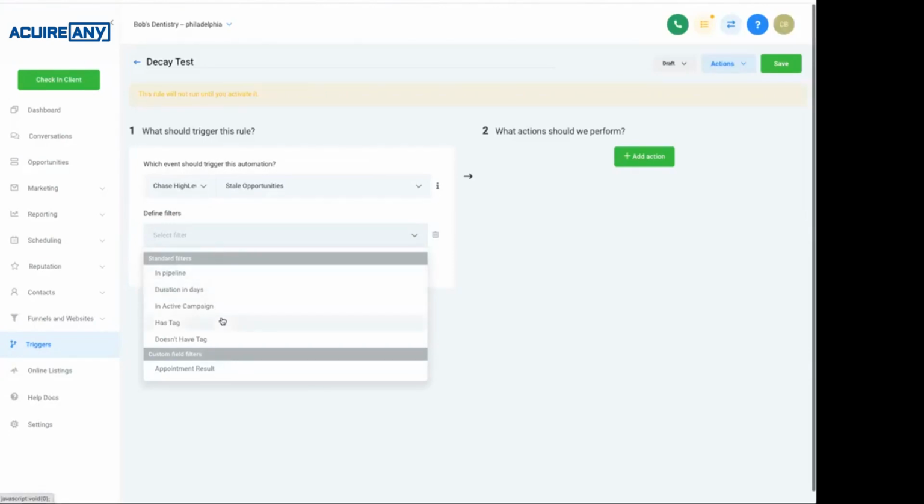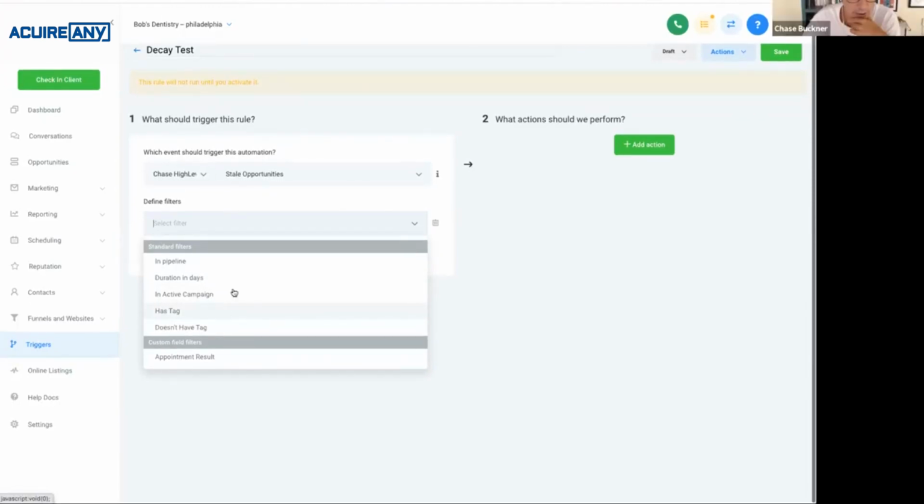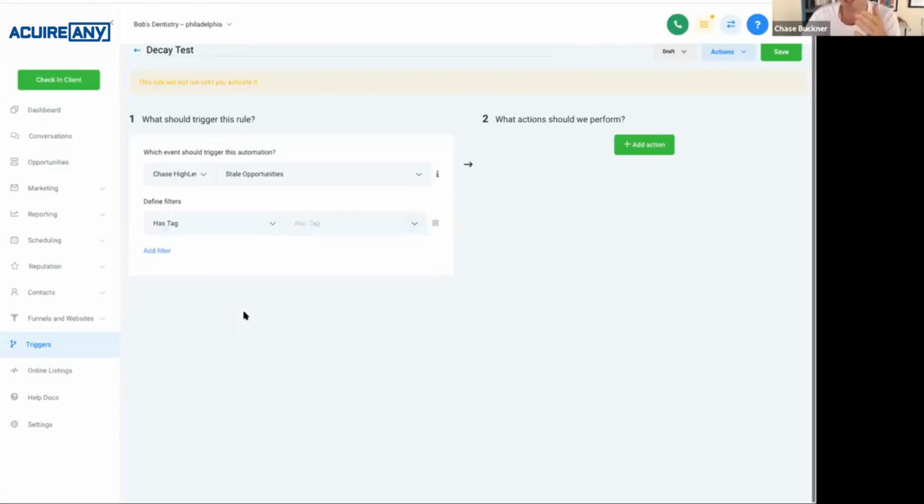I'm pretty sure you can make that work. Stale opportunities in pipeline, duration in days. Okay, so yeah, let's say you move them into, they asked about pricing, so they get an asked-about-pricing tag. Let's assume they had it for, I think you can do like 0.25 of a day. Oh, maybe not. I'm pretty sure that works. So you could say like, if they're in there for 10 minutes or whatever, and they haven't done anything else,